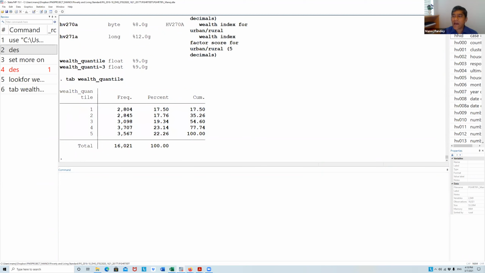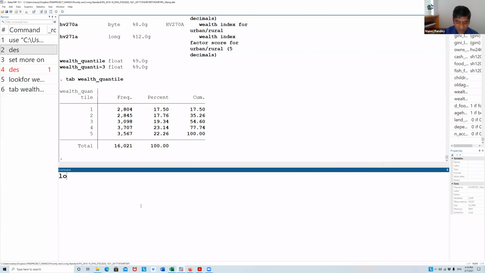Now suppose after wealth, I am interested in the region. So lookfor region. When someone says, can you find Dr. Naidu, what you do, basically in Stata, you are saying lookfor Dr. Naidu, and then Stata will look for Dr. Naidu, who is present here in the Zoom session.